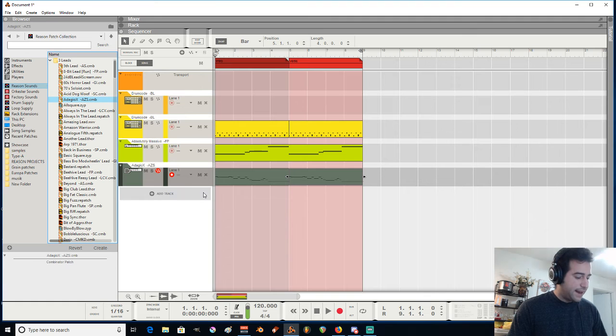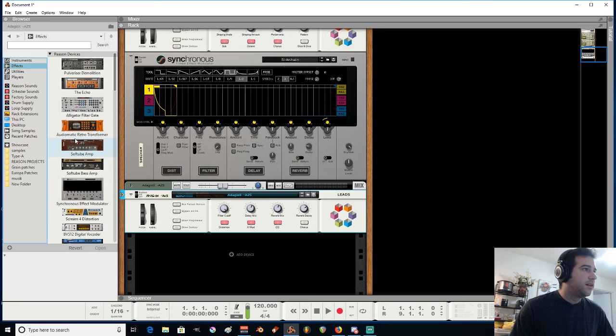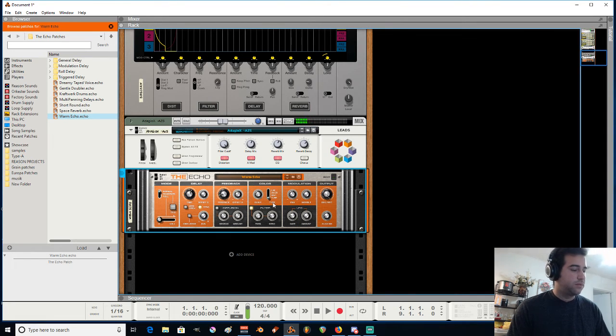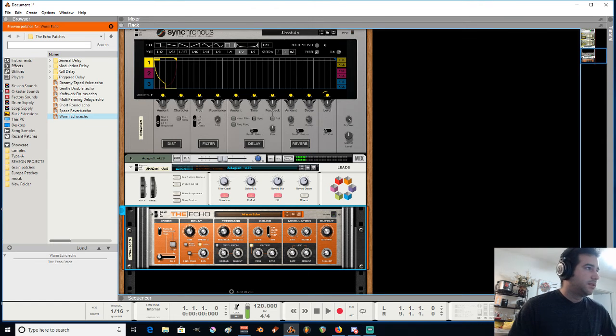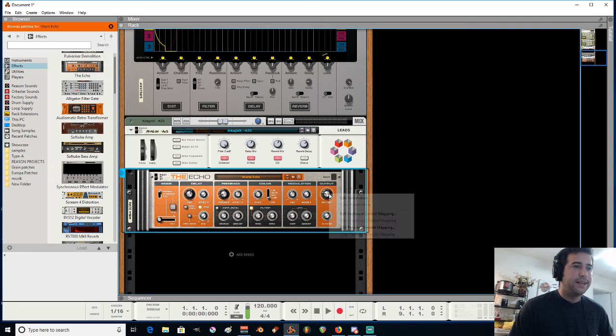Now if you want to add any effects to this preset, like a filter, or a delay plugin, just as I told you, you just drag it below and it will create an effect. And basically to do automation, you right click, edit automation for this controller, and it will